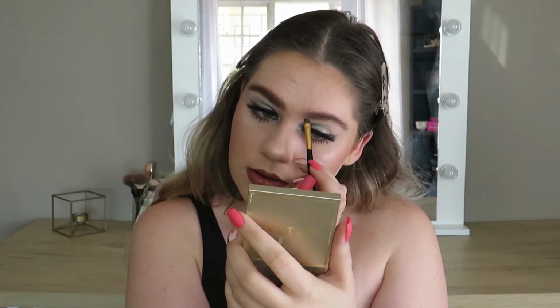I brushed up my brows with a little spoolie on the brow pencil. So I'm going to take a bit of product, I'm going to decant it because this is using it on my kit. So I'm just going to take some out and I'm going to put it on the lid. So the first thing I do is I start with the bottom again. So the bottom section of the brow, I'm just going to start tracing